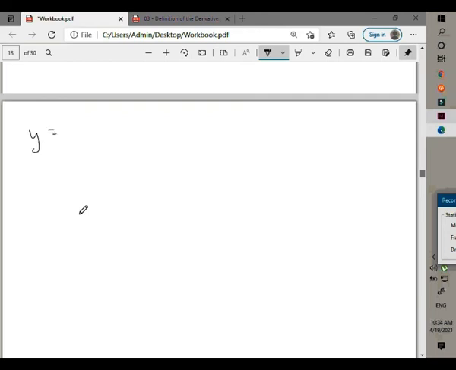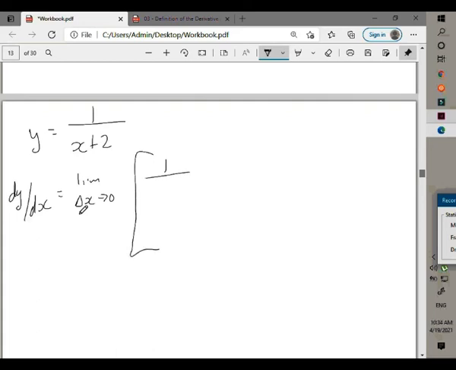Y is equal to 1 being divided by x plus 2. Alright, let me show you the trick that you'll need to apply for this here from the inception. Delta x not down to 0, so the limit. So this is 1 being divided by x